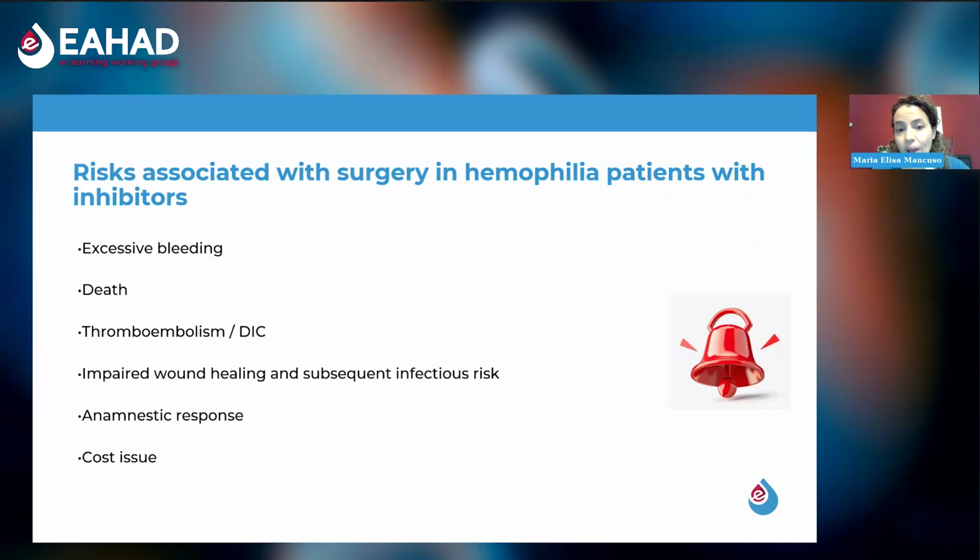And another good evaluation that will help us a lot to perform a successful surgery is to also consider all the possible complications. Because in inhibitor patients, we have to acknowledge that managing bleeding complications is a little bit more difficult as compared with non-inhibitor patients. So we should include in our planning and organization the possibility of excessive bleeding, and so be proactive and reactive against